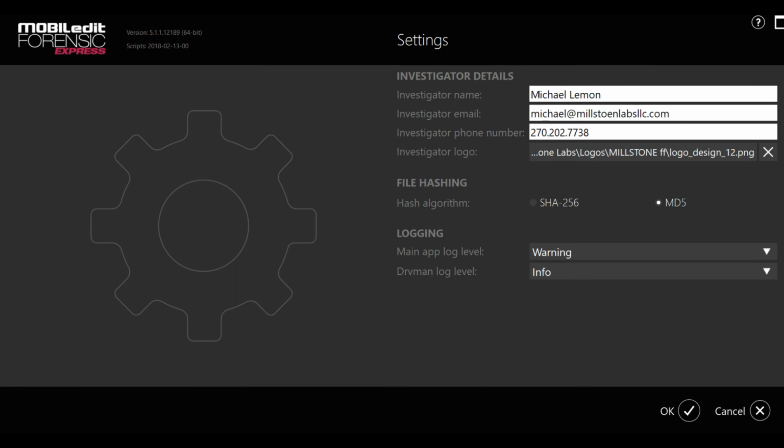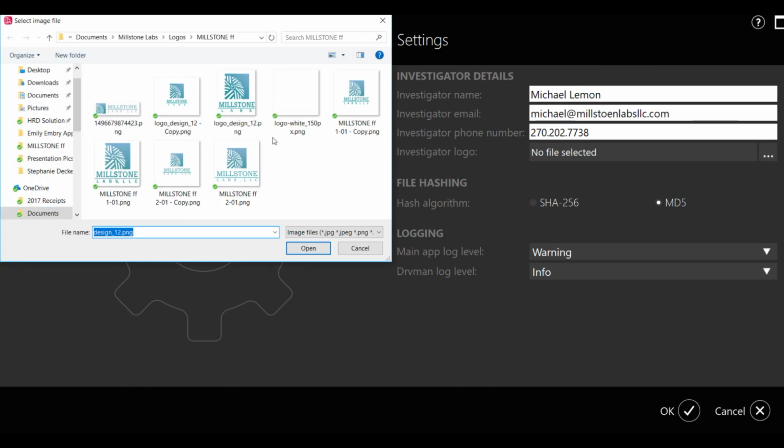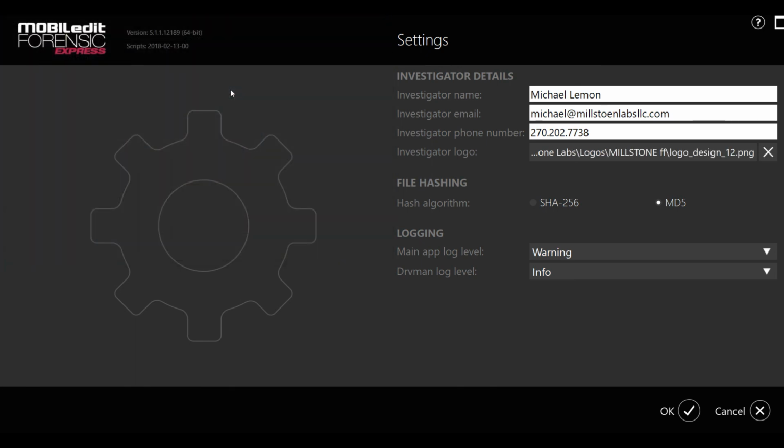Settings. If you're going to be the main person using this tool, then it's a good idea to just put your information in there as the main person. That way you don't have to write it down every single time. If you want a logo, it'll start like this. If you have a logo on your computer, click on it, click on your logo, identify your logo, and then instead of having a Mobile Forensic Express logo on your report, it's going to be